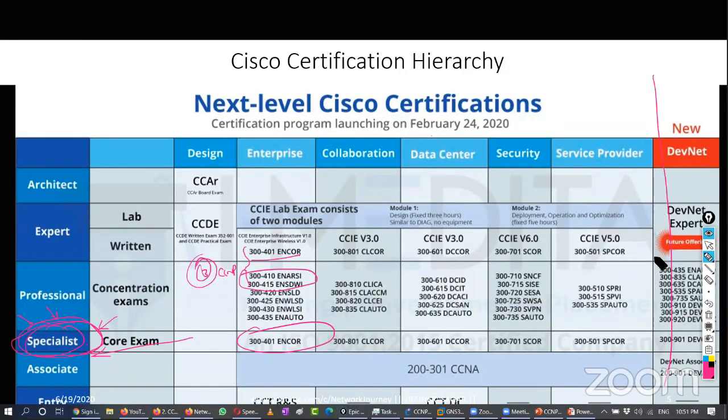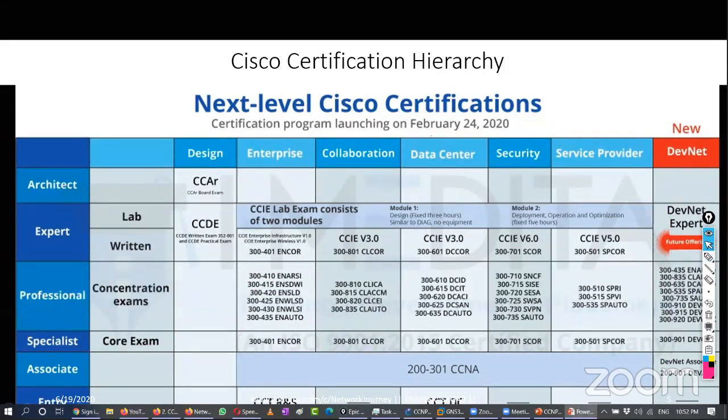In short, I can tell you that DevNet is a newly introduced course by Cisco. It will start with CCNA DevNet Associate. There is a professional and also expert level, but that's not been introduced right now. So as of now, they have CCNP and CCNA level of DevNet only. Fine. Okay, so let's move on.